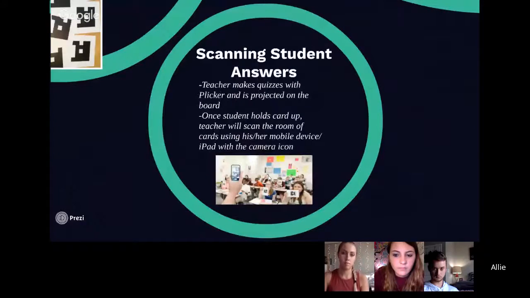So then once they hold up their answers, the teacher is actually going to use their iPhone, any mobile device that they have, iPad, Droid, doesn't matter. They'll hold it up, and then they'll be on the app. And when the kids are taking the quiz and it's projected on the board, the teacher will then scan the room. So she'll scan the room, and then it's nice because the camera can catch the cards from a distance. So they'll be reading all the answers as you go across the room,